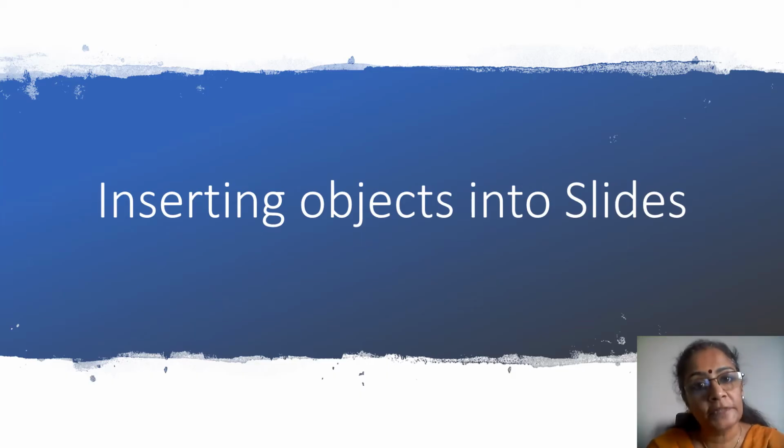Different types of objects can be inserted into a slide along with the text and paragraphs. The different objects can be charts and graphs, pictures, music, then audio files, or even certain drawing objects like text boxes, and you have got the different shapes which we can insert. All these different objects help to make our presentation look attractive. So let us understand how all these different objects can be inserted into a slide.